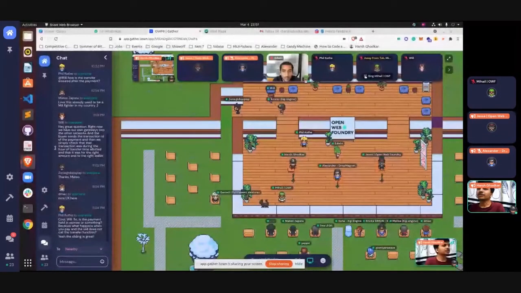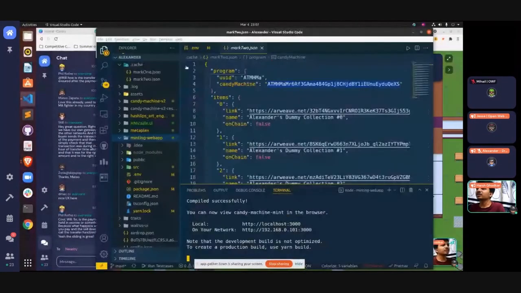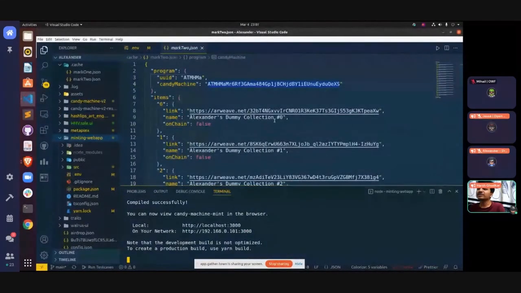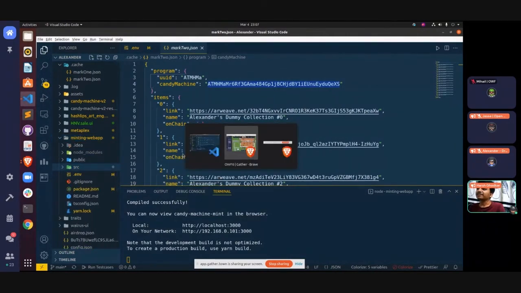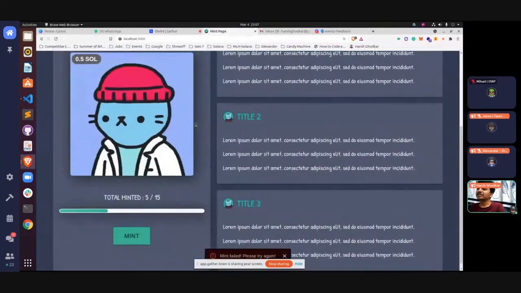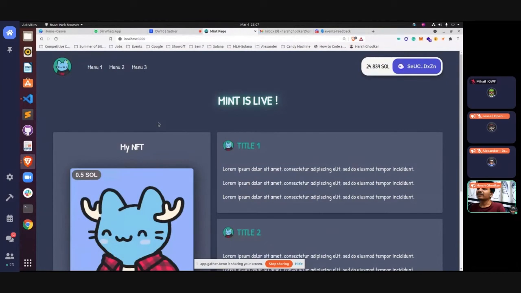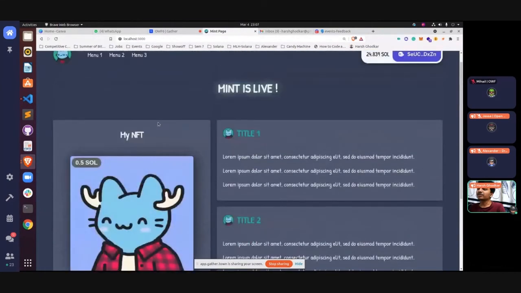Cool. So what we are doing is we are using Solana. You can view my screen, right? So yeah, what we are doing is we are using a minting web app built upon Solana, as we considered different chains and I guess Solana was the best layer one solution. So we built a very simple one, it's still in building, but we are using Arweave as the storage for all the NFTs.